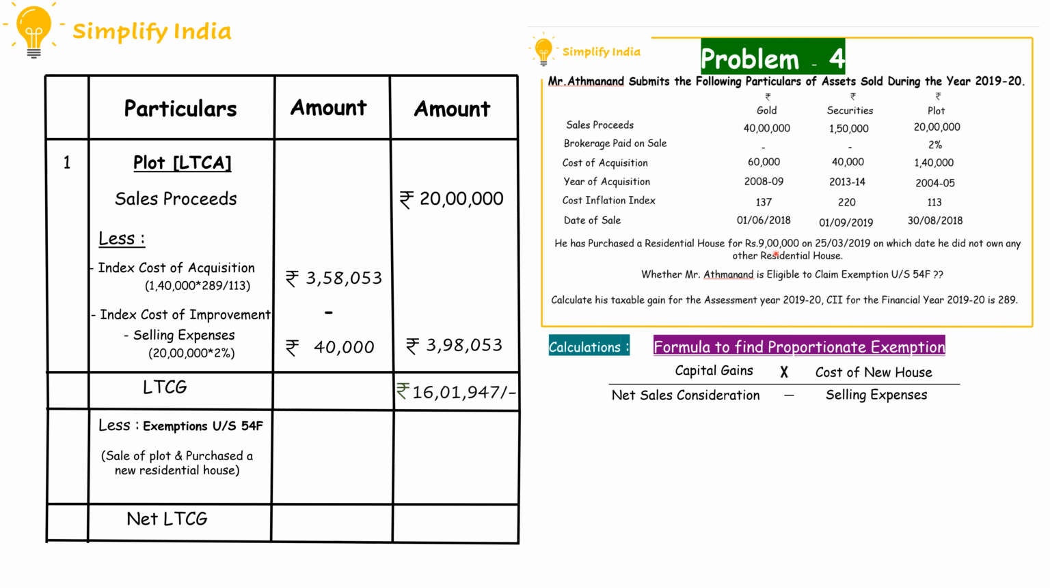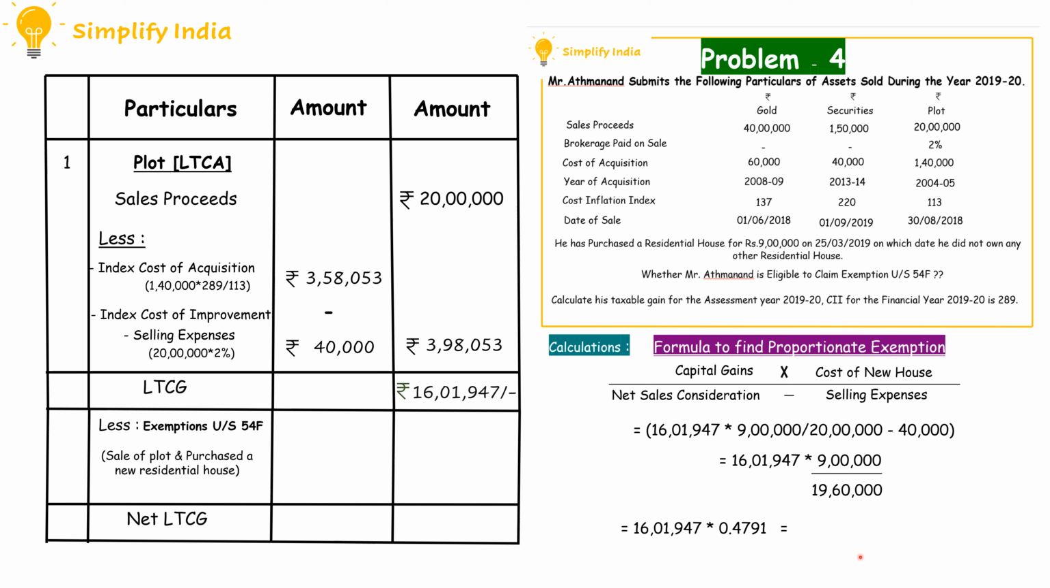Here we have to note that the amount for which the house has been purchased, that is rupees 9 lakh, is less than the long term capital gain, that is rupees 16,01,947. Here the proportionate exemption has to be given, for which we have to use the formula, where first we take the long term capital gain amount into cost of a new house. The new house amounts to rupees 9 lakh, divided by net sales consideration, which is nothing but the sales proceeds minus selling expenses, which is 40,000. When we solve, we will get